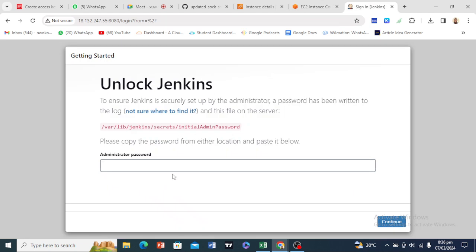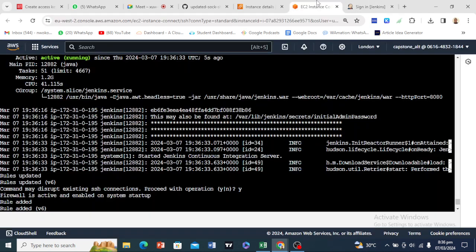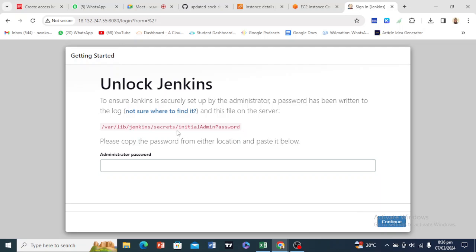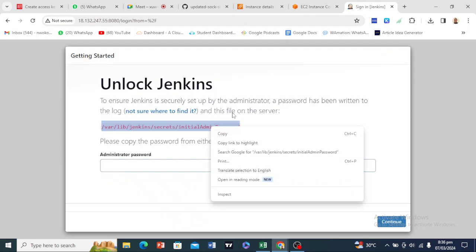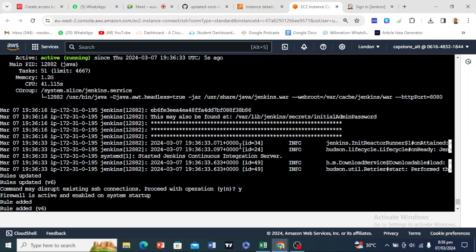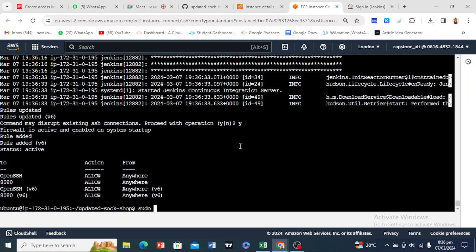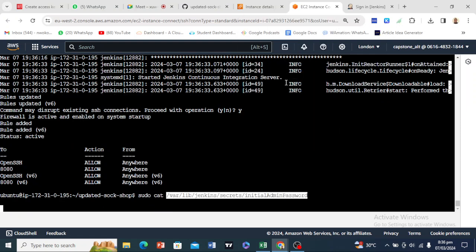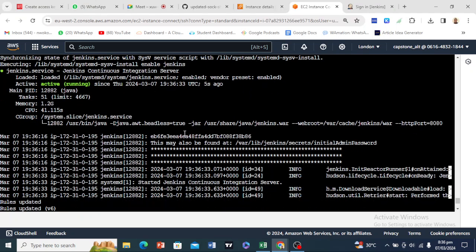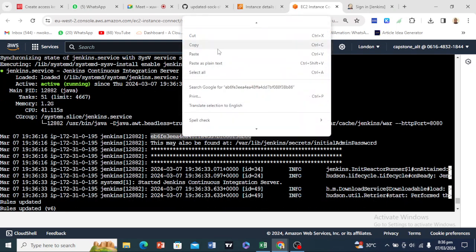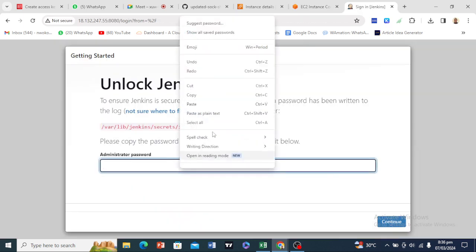It's going to ask you for an administrator password. You can already see that here. This is the Jenkins administrator password. Or if you basically want to use this command, which is the normal way, you can copy this part and come over to your browser and type in sudo cat, and you can paste that there. And you can see the password, which is basically still the same thing as this. So if we copy it and come over here and we paste it here,